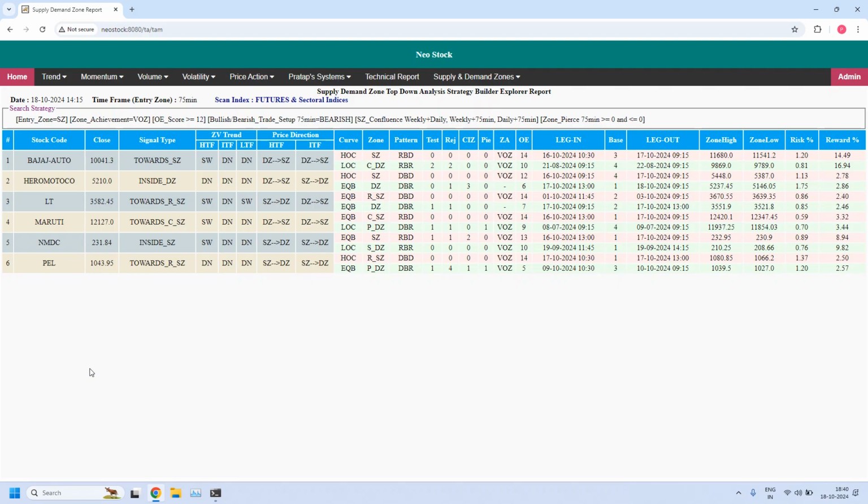All these 6 stocks are supporting LTF, ITF and HTF confluence. That means the 75 minute supply zone is part of the daily supply zone, both together again part of the weekly supply zone. If the weekly trend is down and having a weekly EMA confluence, it is a high probability setup. Let's verify how many stocks have a downtrend. 1, 2 stocks are there. Remaining are sideways, you can ignore them. The 2nd and 6th, out of these 2, if any of the stocks are having an EMA confluence, it's a